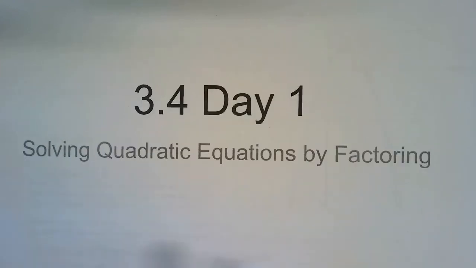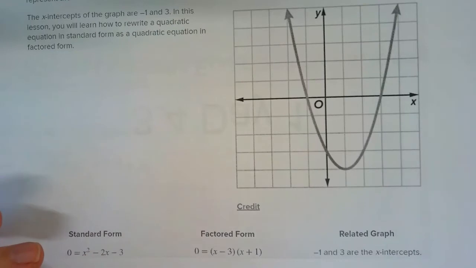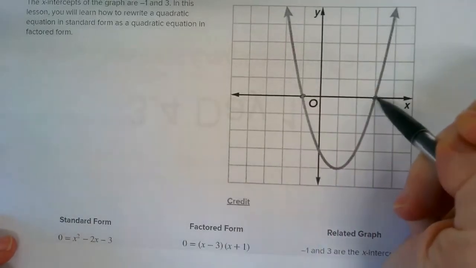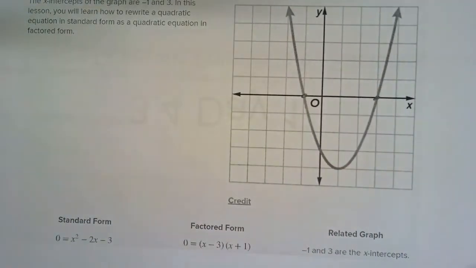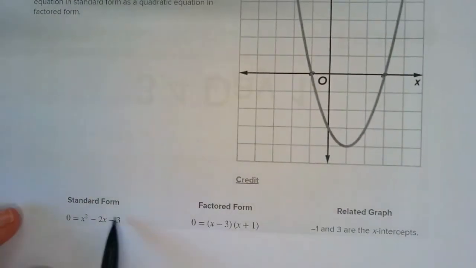Section 3.4 is how we are going to be solving quadratic equations by factoring. Remember when we had our graph and we were asked to solve by graphing, your answers were your x-intercepts, your zeros or your roots. What we're going to do is algebraically factor this, which will look like